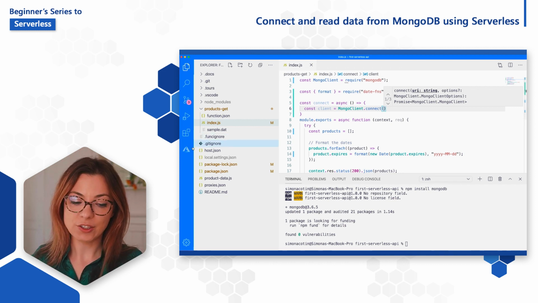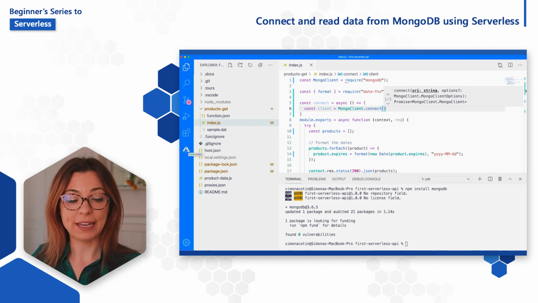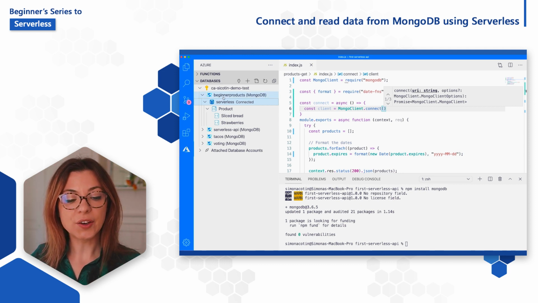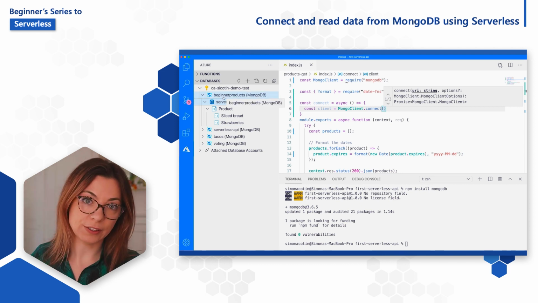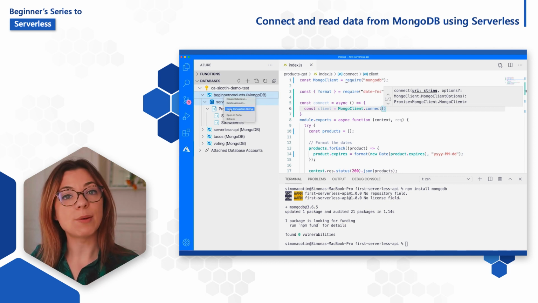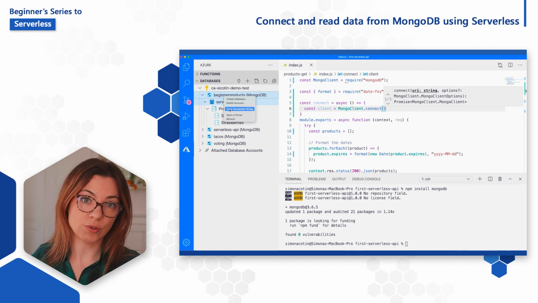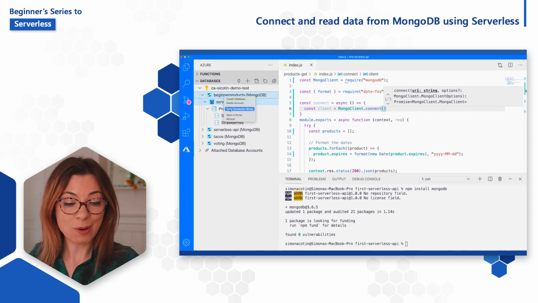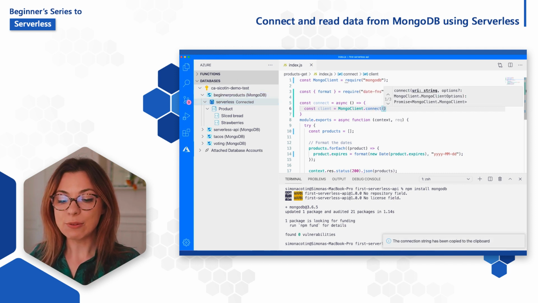And to get that connection string, I'll go back into my Azure extension, the databases extension. And right here on the beginner products database, I can right click and you can see that I have the option of copying the connection string directly here from VS Code. So I'll click copy connection string. And we have 2 options.